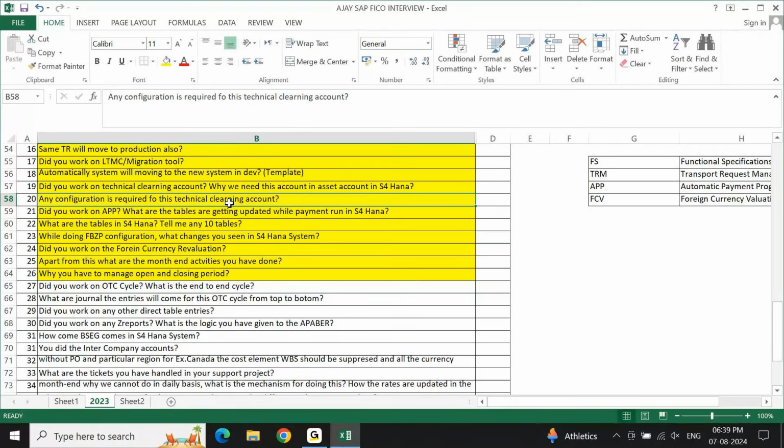If I am facing a problem, if I raise a ticket, if I reach out to you for a solution, and you are unable to provide me the solution immediately, is this going to create a problem for my month end closing? Yes, sir. Right? So from your side, what you need to do, if you are part of month end activities, you are part of one of the support projects,